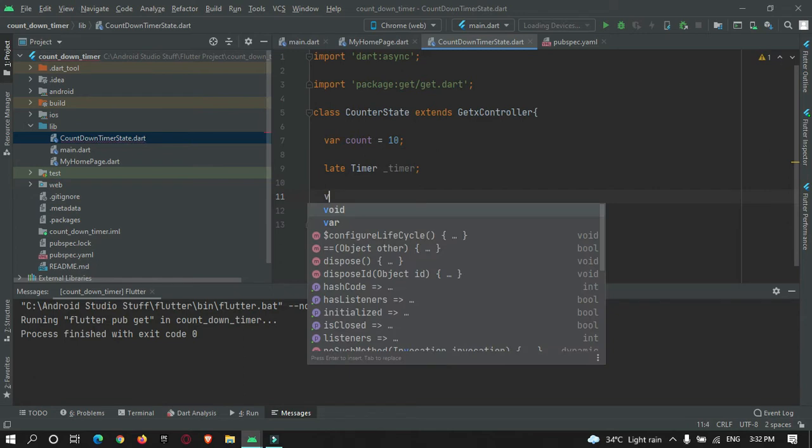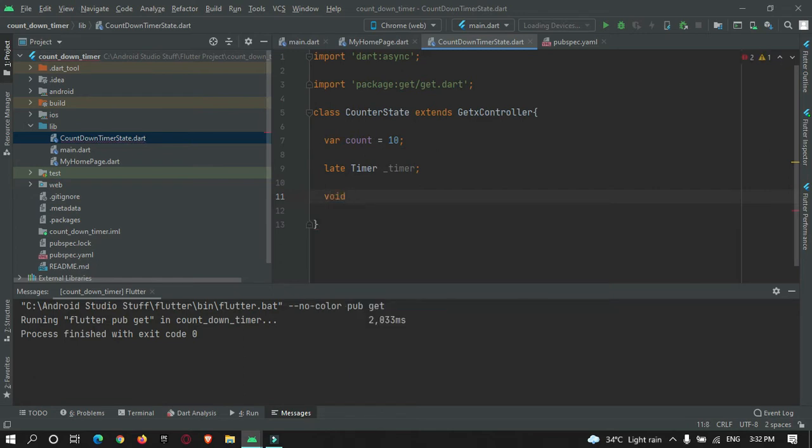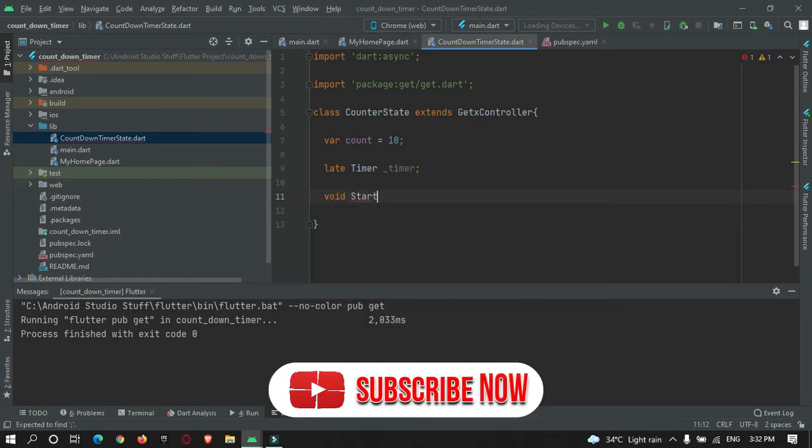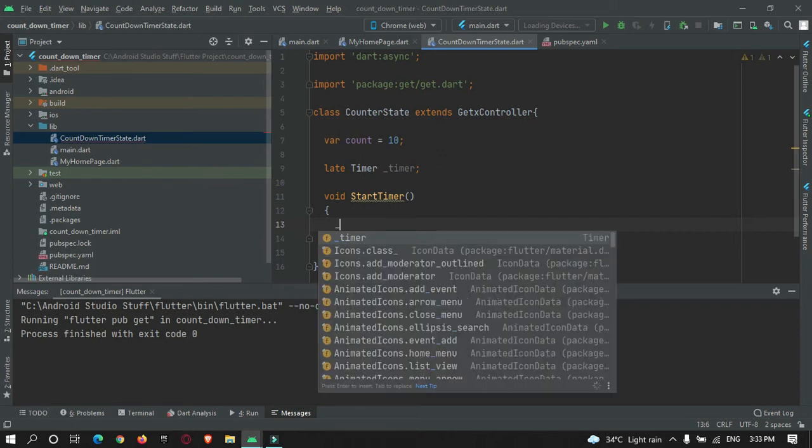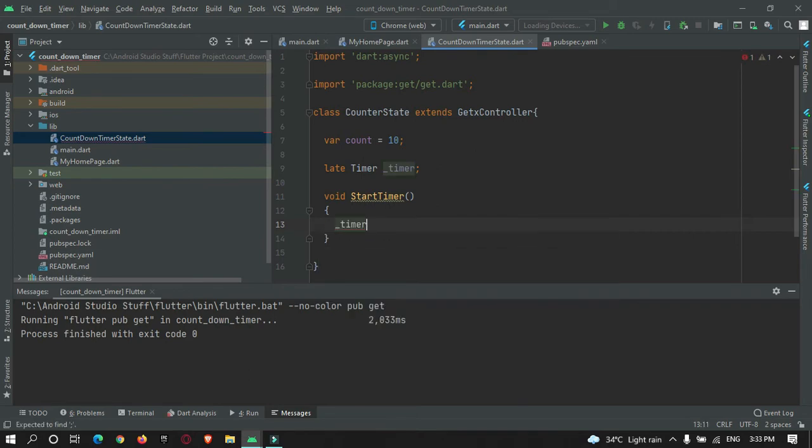Now create a method to start the timer. In this method we will make use of this timer and decrement the counter variable by 1 after every 1 second.